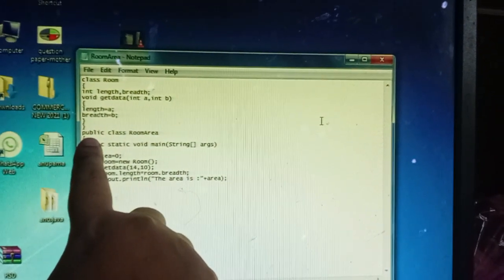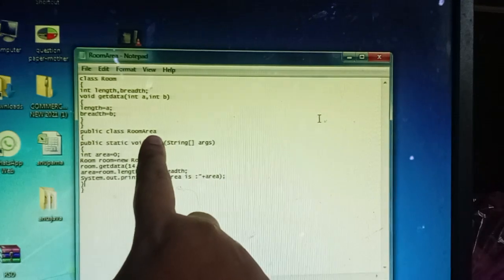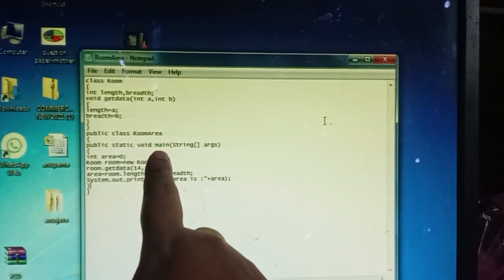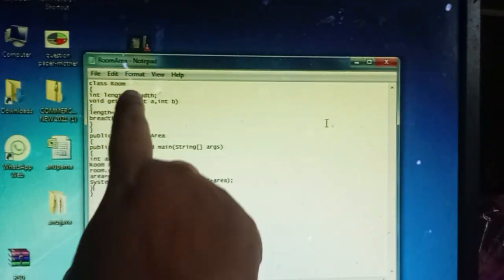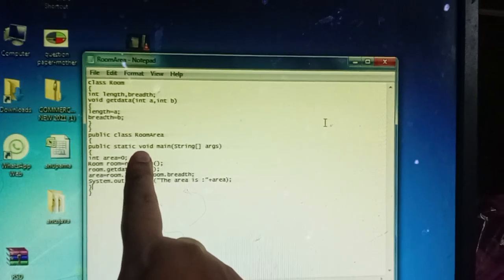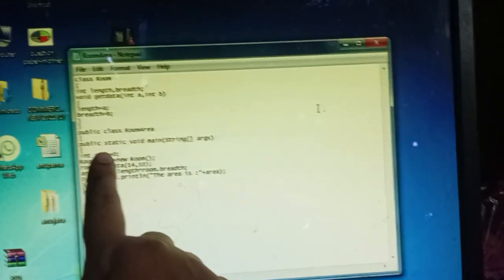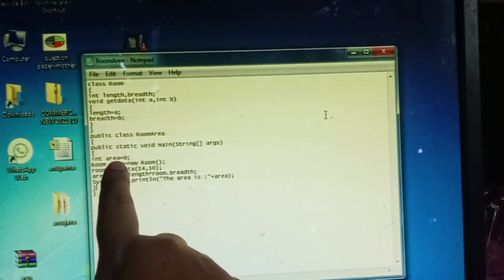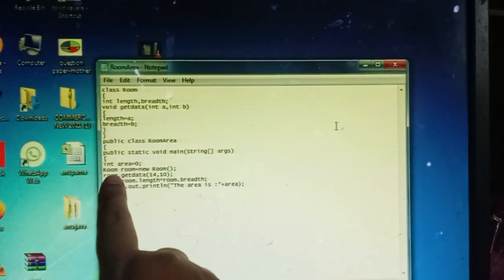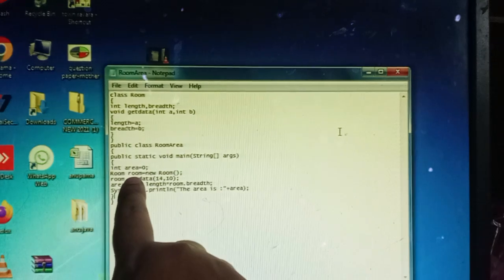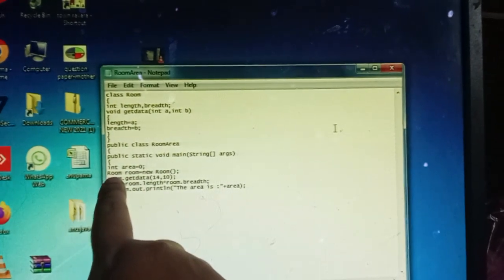Next I started one more class, that is public class RoomArea, in which I am having the main function. If you observe, we are having two classes but only one class with the main function. Here I defined one variable, area, and I created an object which is of type Room.